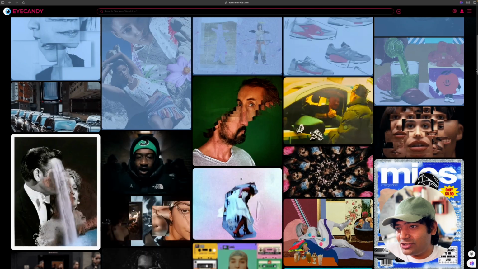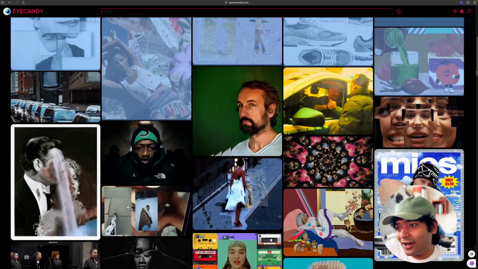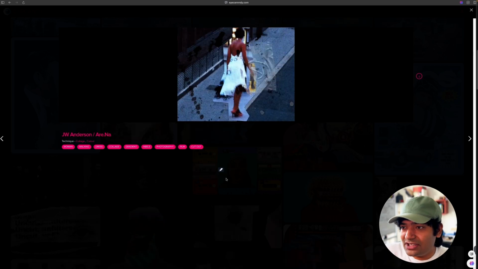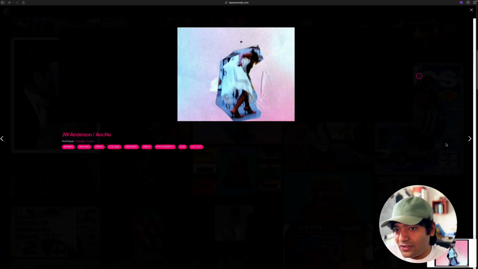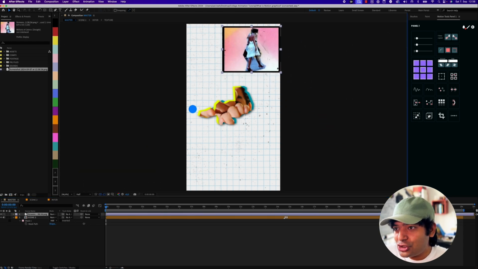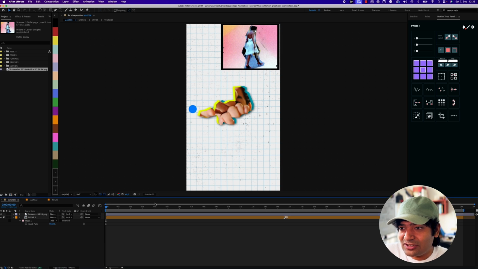unique projects that have happened in the collage style. I can already see a project which inspired my current video that we are discussing, which is this one. So I'm just gonna go and take a quick screenshot and then jump into After Effects. So here we are in After Effects, and I'll just drop the image that we got from eye candy. I would just pin it up on the top, and I'll show you how it gave me inspiration for my